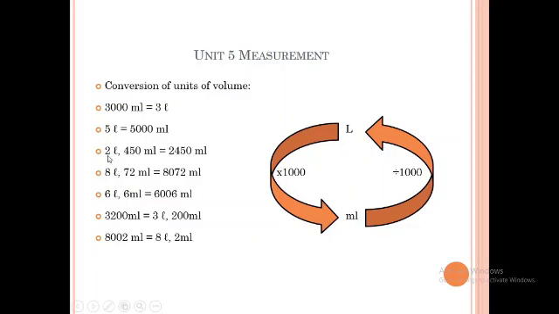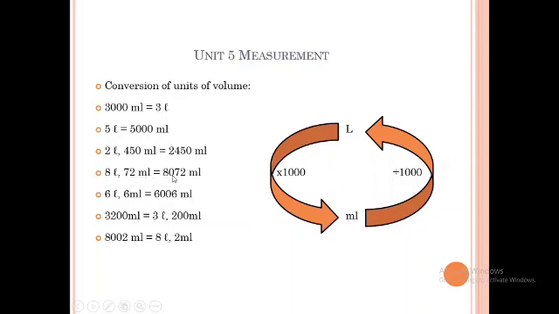You have converted 2 liters. 2 liters means 2000 milliliters plus 450 milliliters. It will change into 2450 milliliters. But we are not doing addition. We just read them, their places, and we can write them verbally. No need to solve or do any calculation or working. Here 8 liters, so 8 is the place of 1000, 8000. Then hundreds, tens and ones, these are the places for milliliters, but you have only 72.